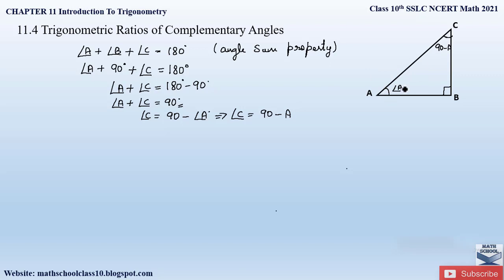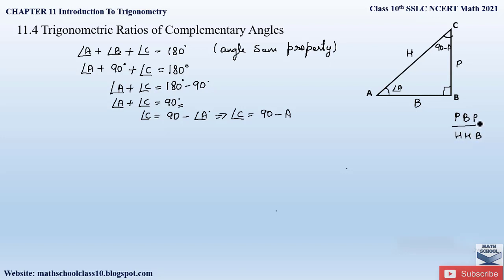Now let us find out the trigonometric ratios in this triangle ABC. So if angle A is our acute angle, so the side opposite angle A will be a perpendicular, the side along will be a base, and AC will be our hypotenuse, right? So now let us apply the trigonometric ratios, which can be found out by using this fraction. That is, a trick to remember this fraction is PBP by HHB.